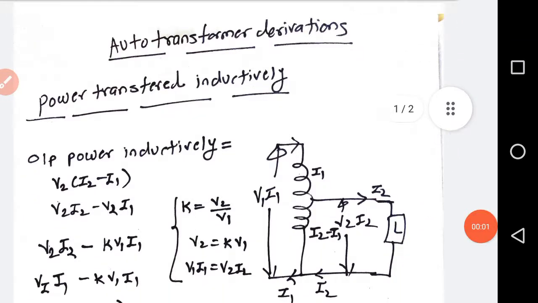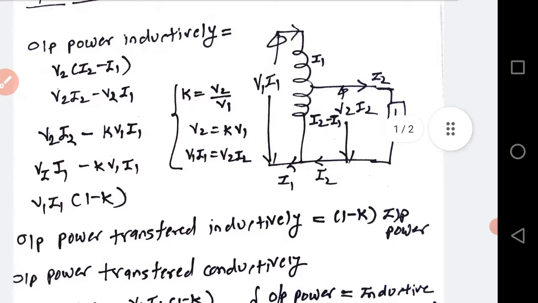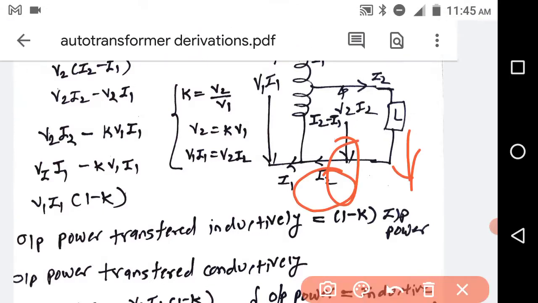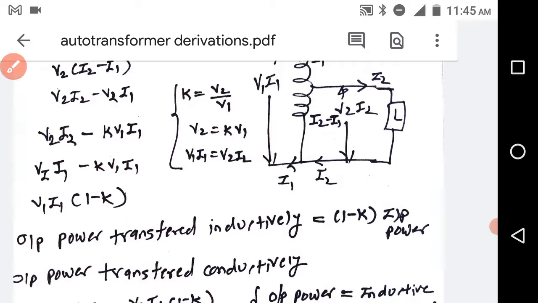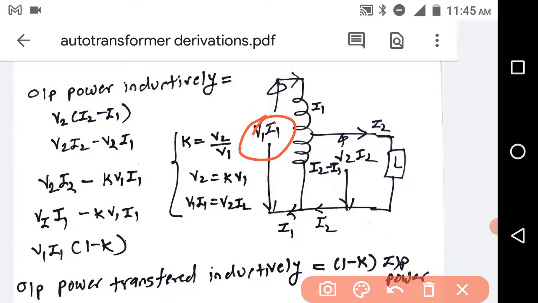Let us see in this video some derivations of auto transformer. First we are going to see inductive power relation. So output power is inductive as well as conductive. Inductive because there is a mutual inductance between primary and secondary. So this is auto transformer having primary winding this much, primary voltage V1, current I1, secondary